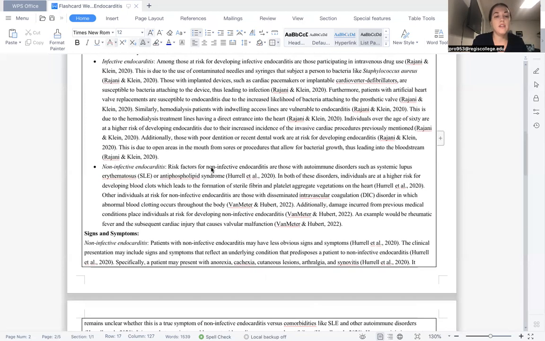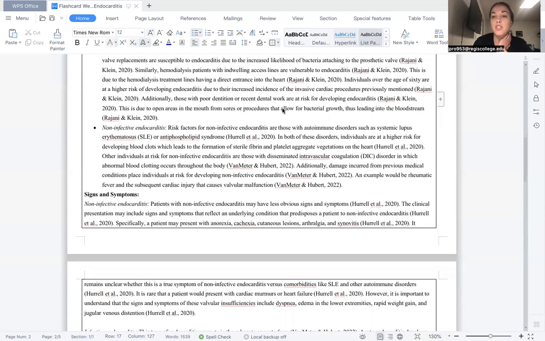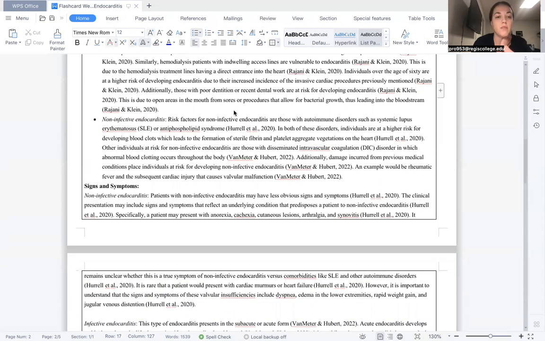So those who have non-infective endocarditis, the risk factors are thought to be rooted in those with autoimmune disorders such as lupus and antiphospholipid syndrome. With both of those disorders, individuals are at a higher risk for developing blood clots, and that's going to lead to the development of those sterile fibrin and platelet aggregates that we talked about earlier, and